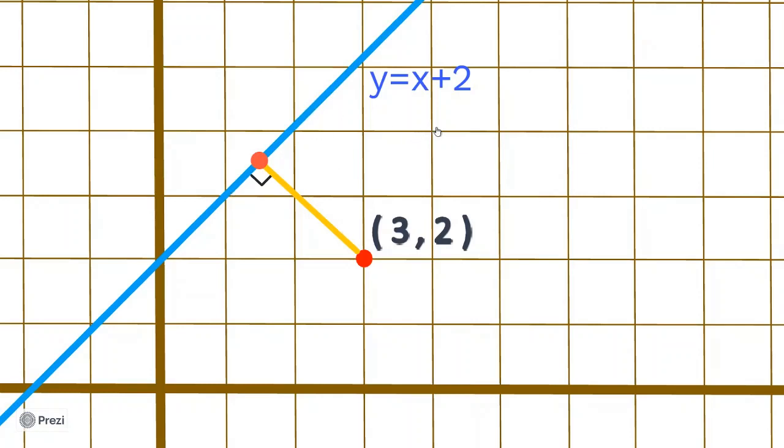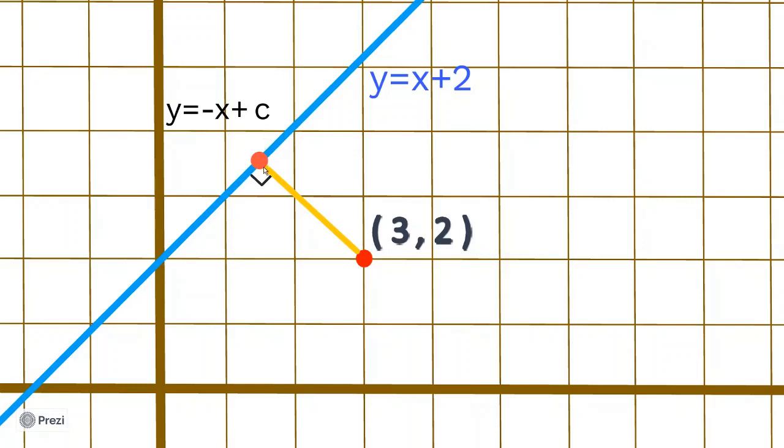And we know that if two lines are perpendicular, the product of their slopes will be minus 1. That is m1 into m2 is minus 1. So we know what m1 is. m1 is 1. So 1 into something is equal to minus 1. We know that the other slope should be minus 1. So it is y is equal to minus x plus c. Now we can see that here the slope is minus 1, here the slope is 1, and that happens because the two lines are perpendicular to each other. Now we have the c. We need to find the intercept.